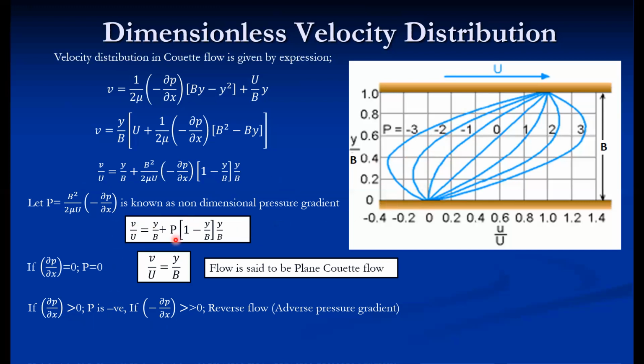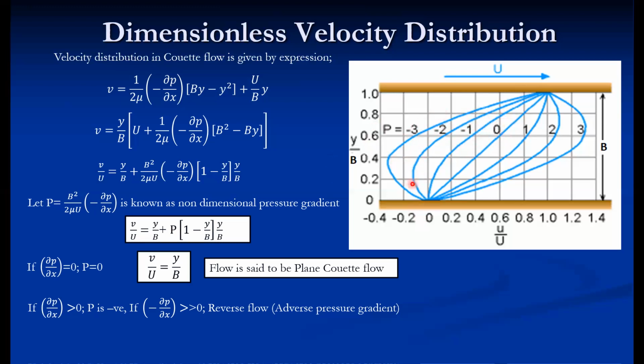So this particular term comes negative, as we can realize from this term. Here, if P is -2, then for 0.4, this value is less than 0. That means in this particular zone there is a possibility of reversal flow. But later on, if we go on increasing the Y by B value, it reaches the maximum, but the velocity doesn't exceed the plate velocity in all these cases, in fact in all four cases from 0 to -3.